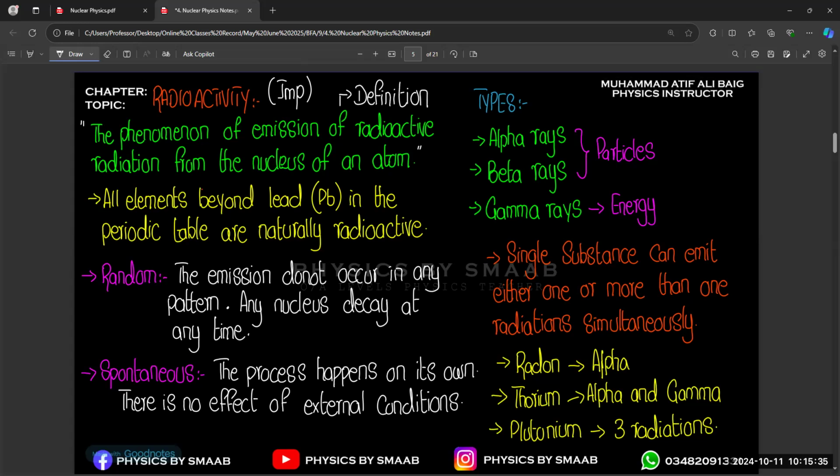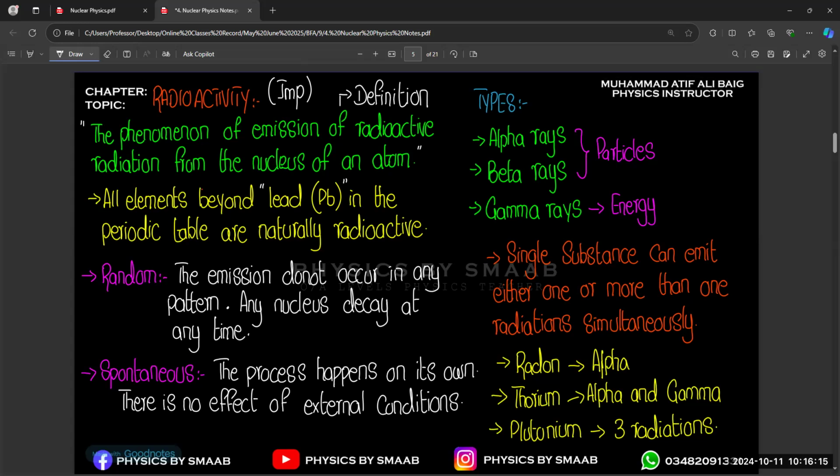If you take the example of the periodic table, there is an element named lead, Pb. All the elements beyond lead are naturally radioactive. Some elements we can make artificially, but some are naturally radioactive. So those elements which exist beyond lead in the periodic table are called